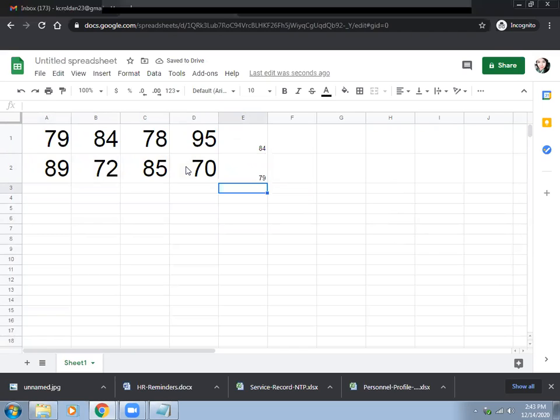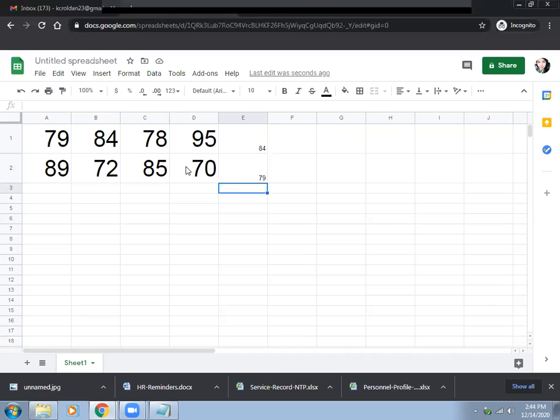Okay, now, how are you going to use the conditional statements for this one? Conditional statements is like setting up a condition wherein the given numbers will be compared in order for Google Sheets to give you an automatic evaluation of the number.